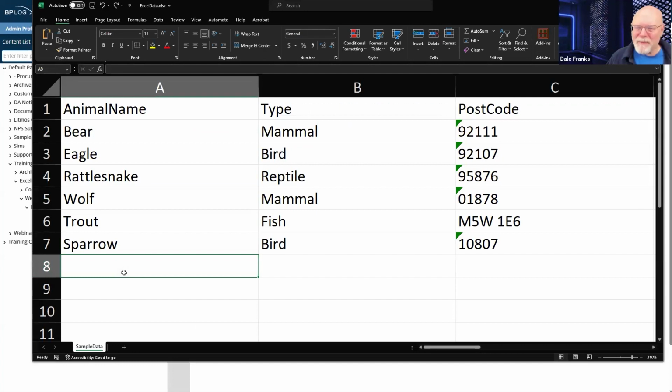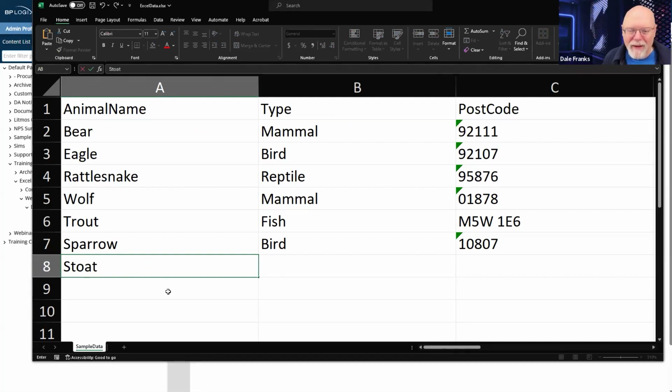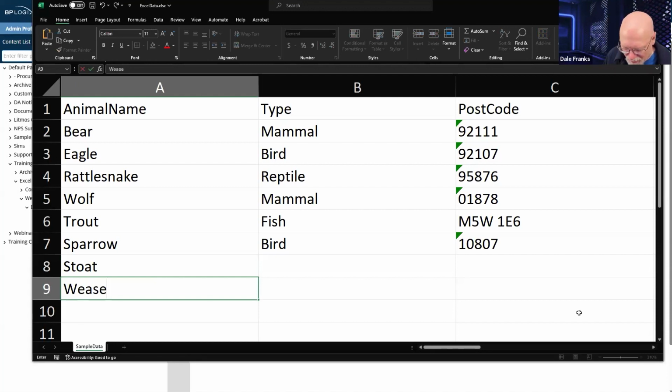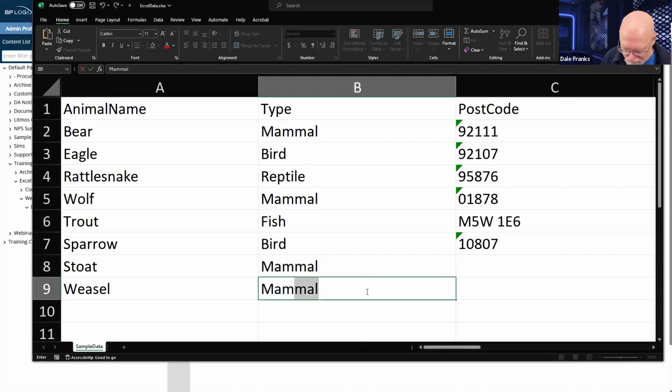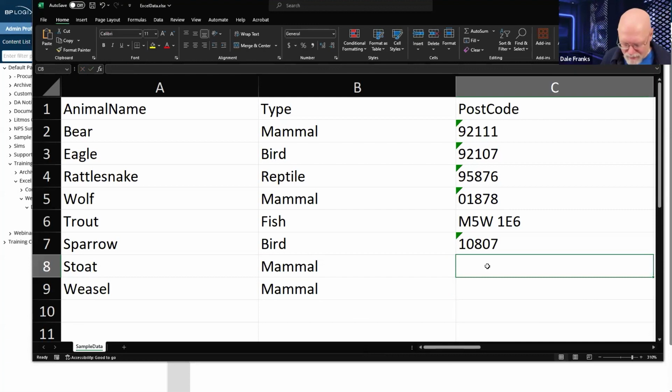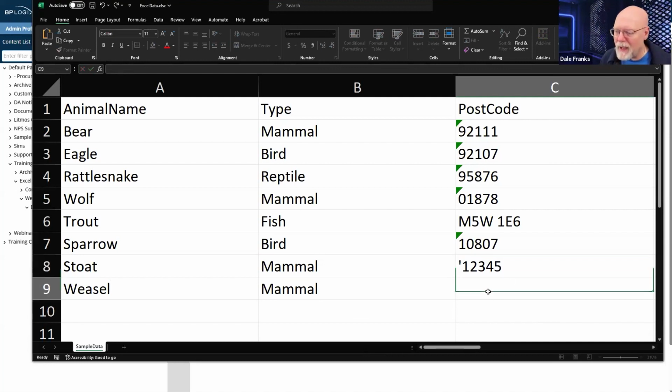There we go. So I still want to add them back. So forgive me. I want my data in the spreadsheet to match what's currently in the database. Mammal and mammal, and apostrophe, can't forget that.